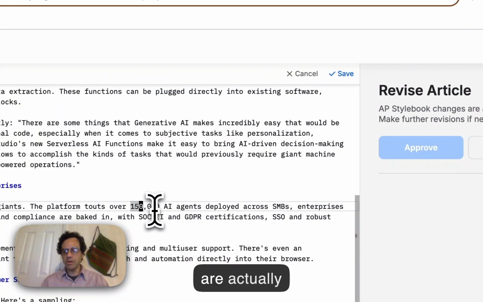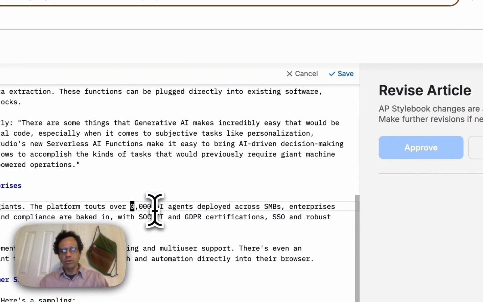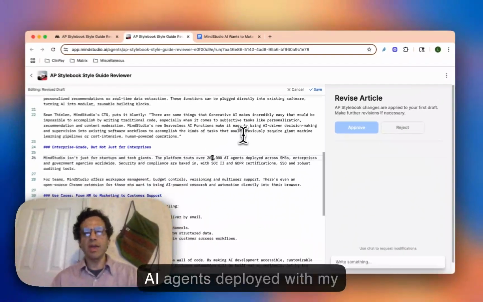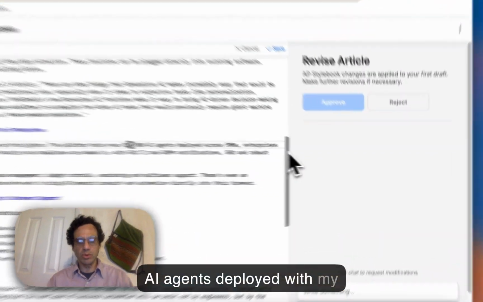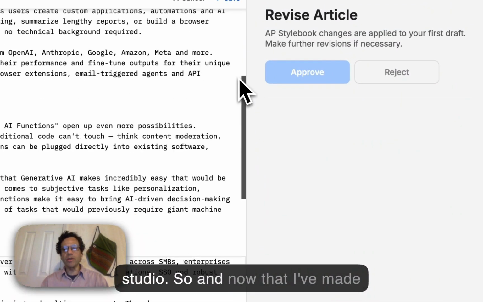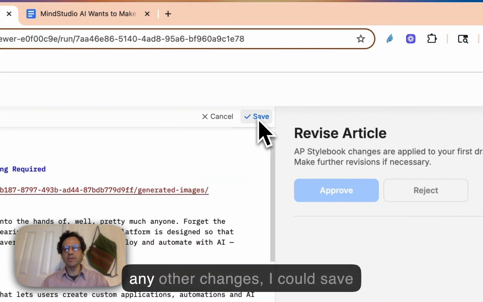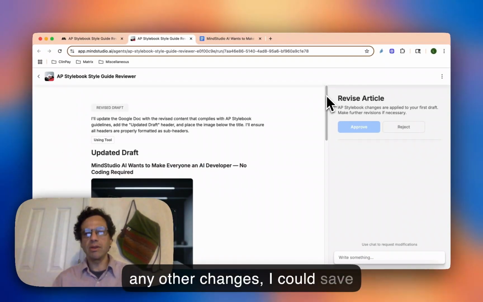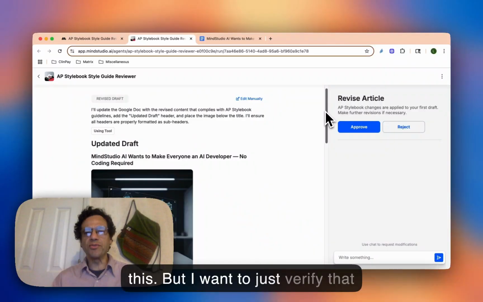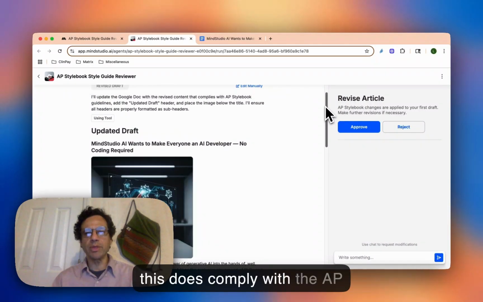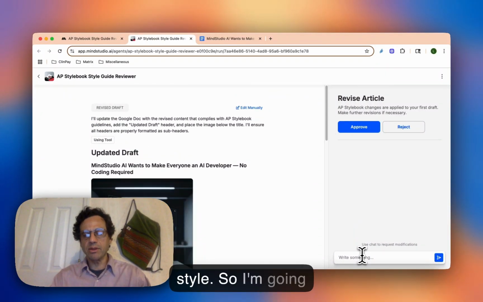There were actually 200,000 AI agents deployed with Mind Studio. So, now that I've made any other changes, I could save this. But I want to just verify that this does comply with AP style. So I'm going to come to this chat interface and say,